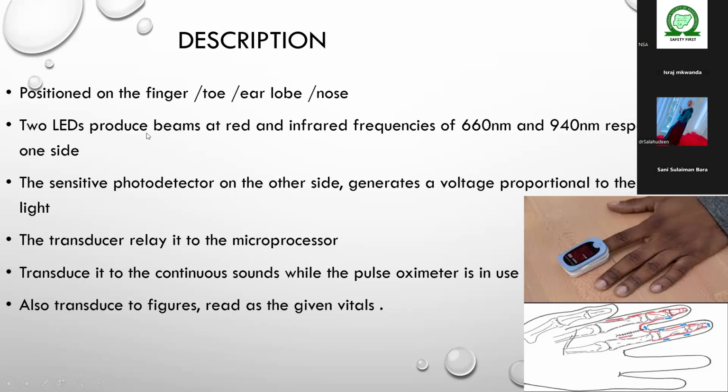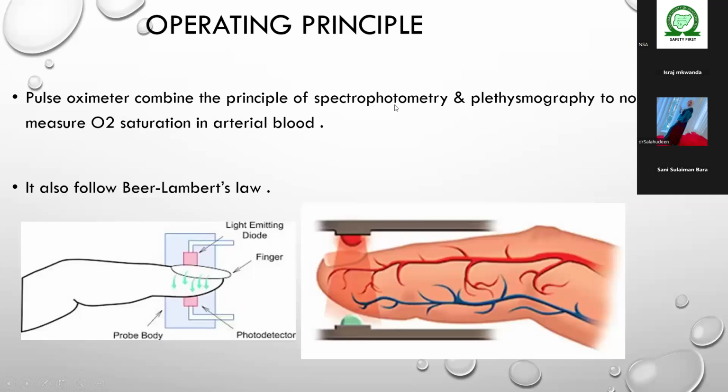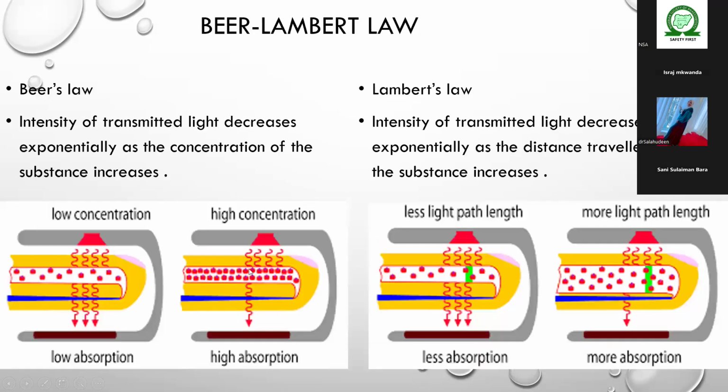The operating principle of the pulse oximeter is based on spectrophotometry and plethysmography to non-invasively measure oxygen saturation in arterial blood, following the Beer-Lambert law. Beer's law says that the intensity of transmitted light decreases exponentially as the concentration of the substance increases. As the blood volume, the arterial volume, increases, the pulse signal is raised and the absorption is high, especially